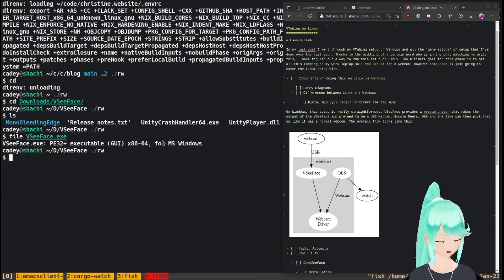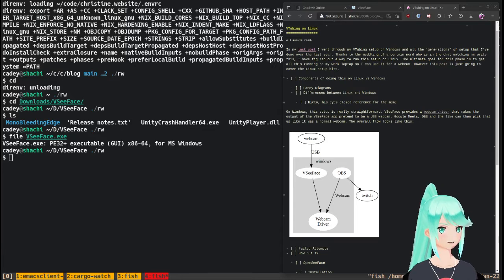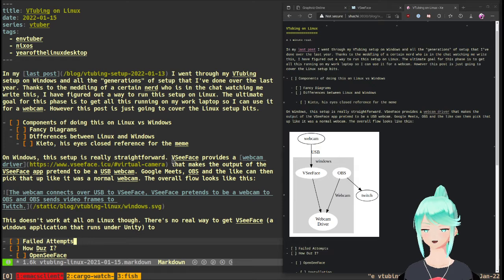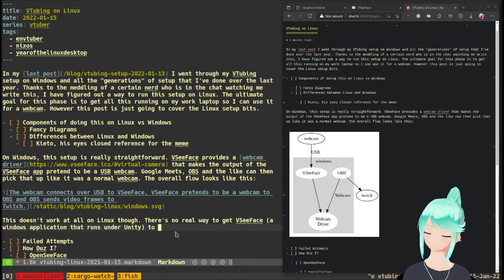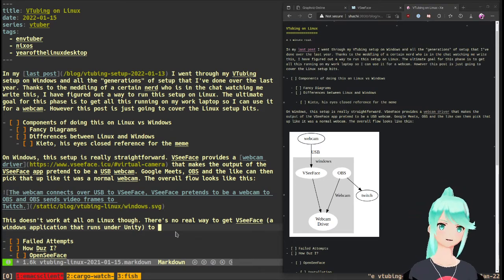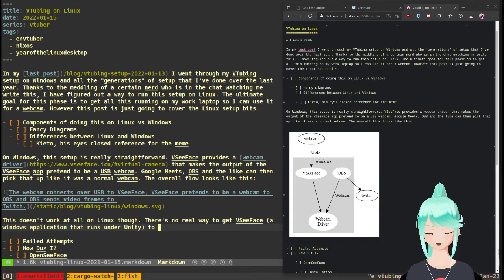Yeah, there's a couple other engines. I think it's mostly XNA, and the one that osu! runs on. The osu! engine is very elaborate and pure C#, so it works fine on Linux. There's no real way to get VSeeFace to